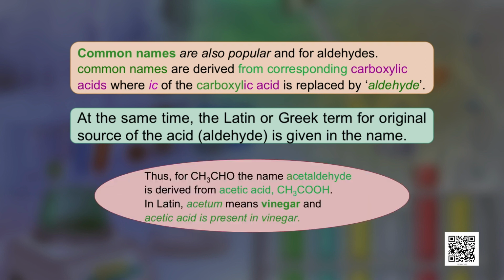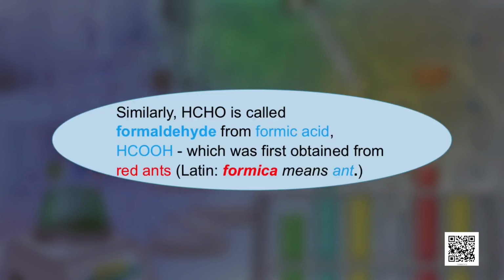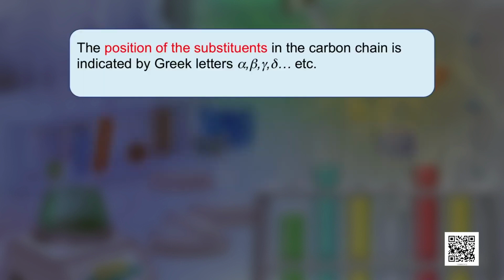Thus, for CH3CHO, the name is acetaldehyde, which is derived from the word acetic acid. What is acetic acid? It is CH3COOH, and in Latin acetum means vinegar, and you know that acetic acid is present in vinegar. Similarly, HCHO is called formaldehyde from formic acid, HCOOH, which was first obtained from the red ants. In Latin, formica means ant. The position of the substituent of the carbon chain is indicated by Greek letters alpha, beta, gamma,